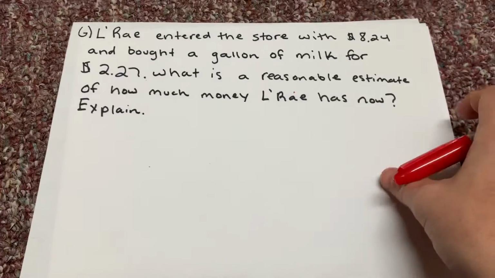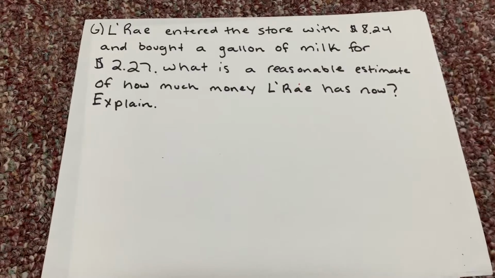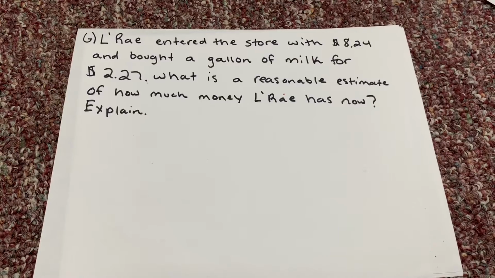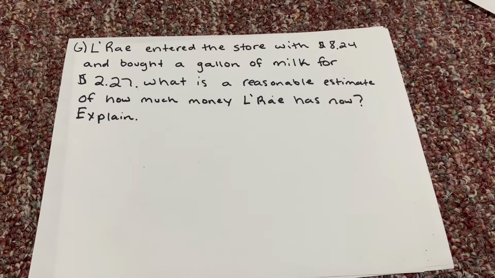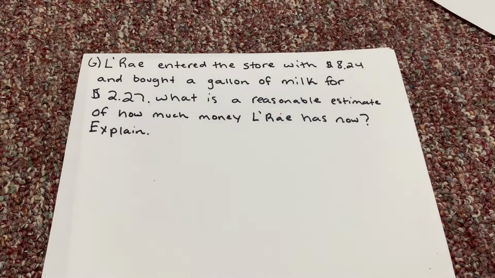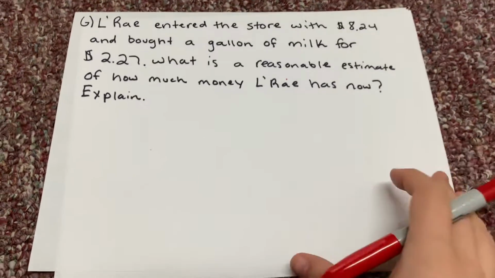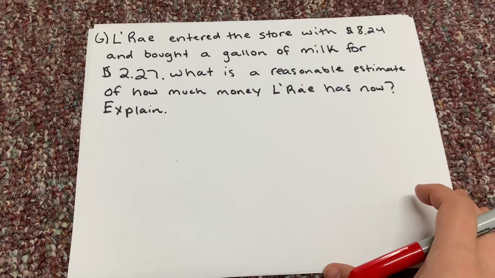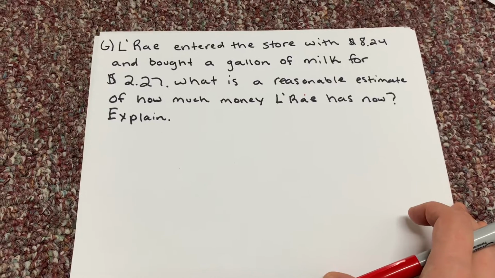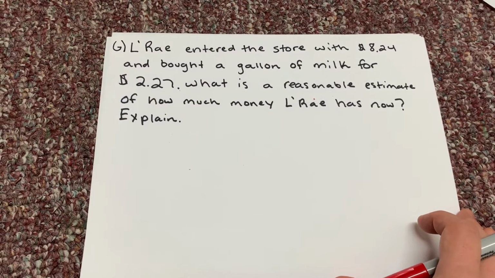Let's look at letter G here in your lesson practice. It says, Lorraine entered the store with $8.24 and bought a gallon of milk for $2.27. What is a reasonable estimate of how much Lorraine has now? Explain. Well, again, estimating is another way of rounding. It doesn't tell us what to estimate to or round to, but we're going to do the best we can and explain. So, first of all, I have